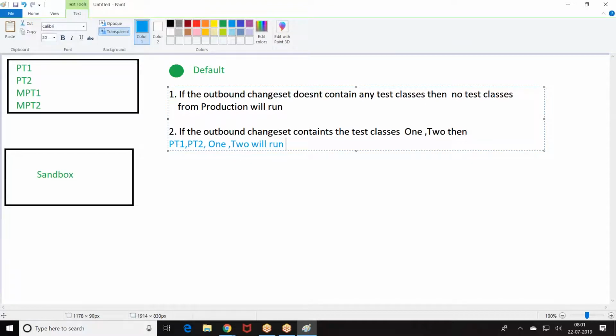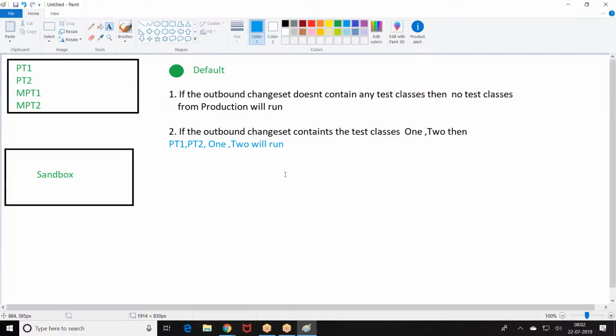If you choose the default option and the change set has any test classes, all the test classes in production, PT1, PT2, will run. The test classes in the outbound change set will also run.